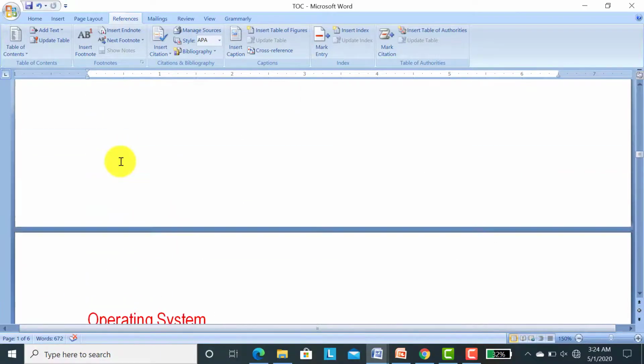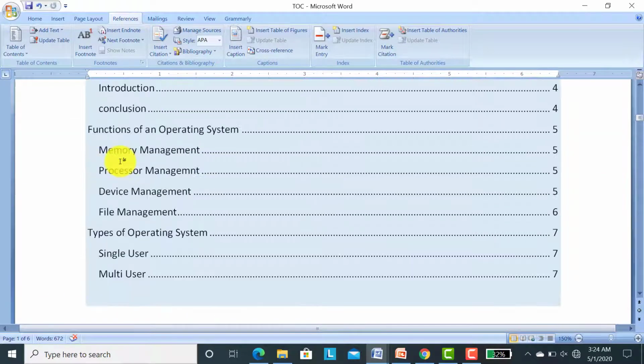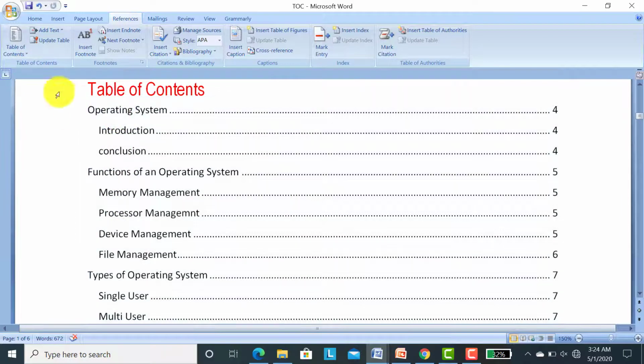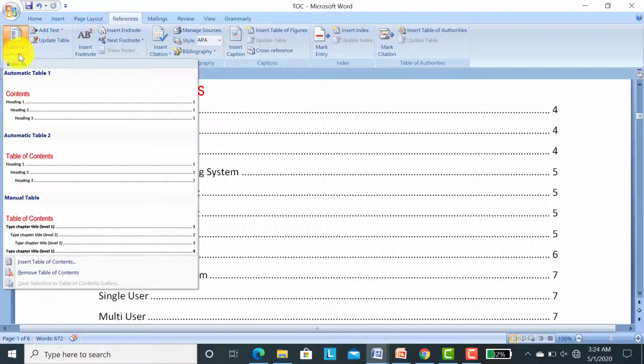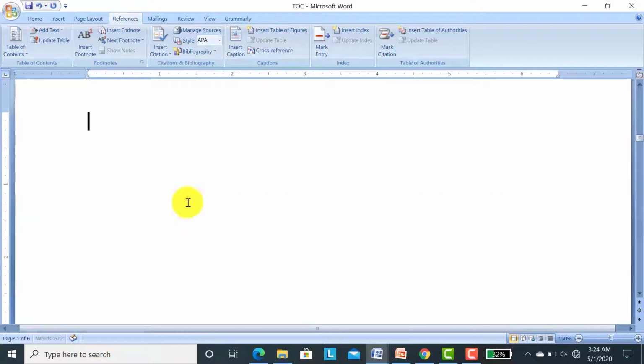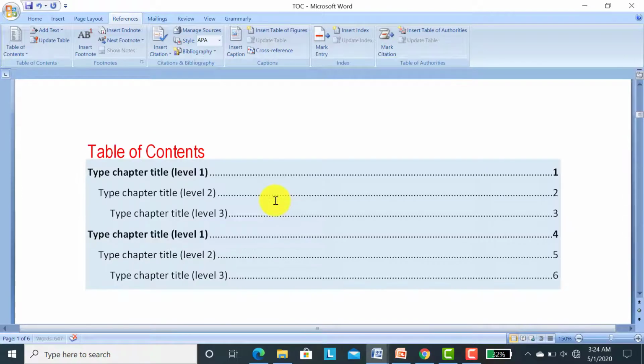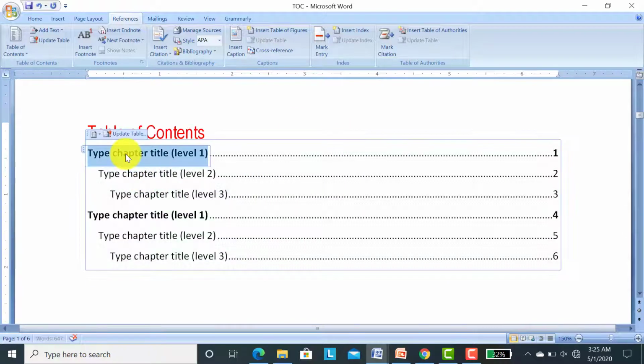You can create this table of contents by yourself also. How can you do it? Go to References, click on Table of Contents. There is a Manual Table. You can see a manual table has been created. Type chapter title. Our title is Operating System. Type chapter title level 2, Introduction. And if there is any subheading, I have written Need of an Operating System.